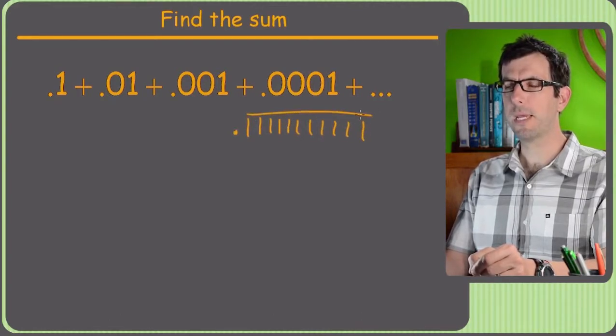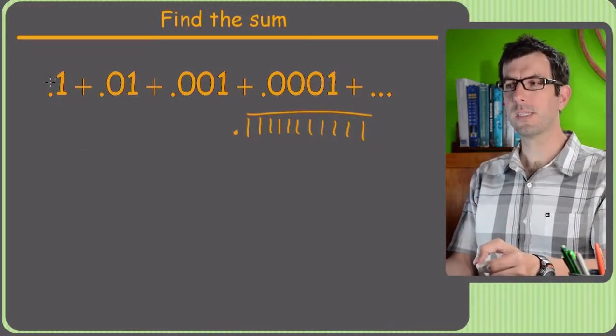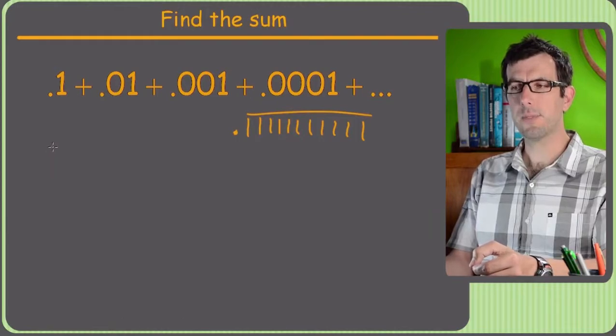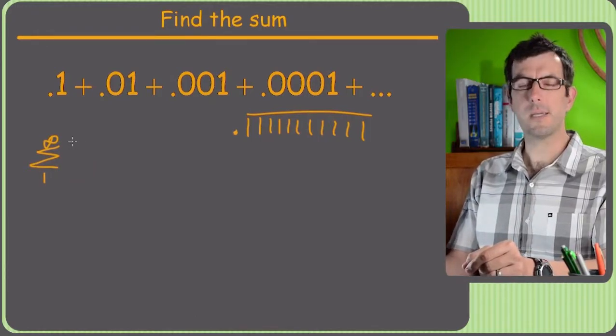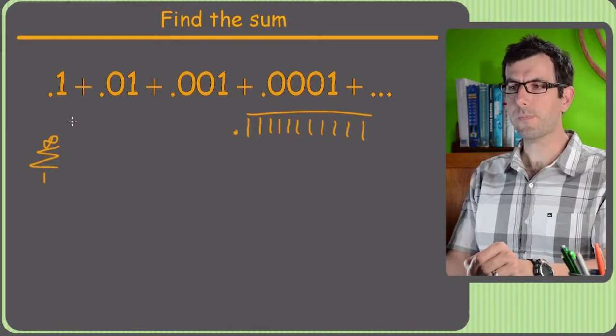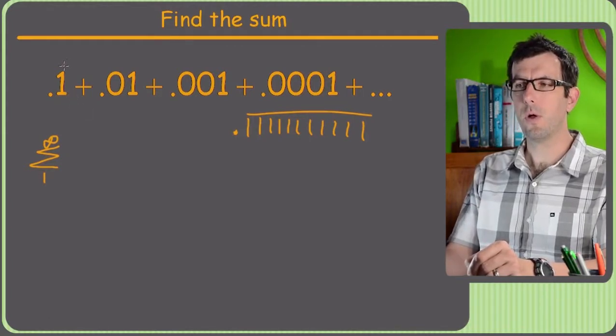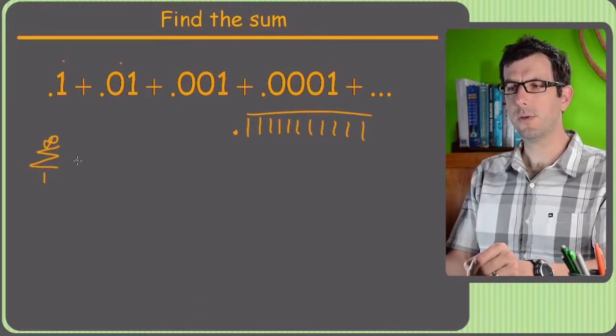0.11111111111, just one repeating. But if we want to find the sum of a geometric series when it's given in this kind of weird form, a lot of times the smart thing to do is to put it in sort of like sigma notation, because a lot of times that'll be a step that the teacher wants you to do anyway. So what we'll do is figure out, hey, what's r here? Well, r is 0.1, right? Because if you take 0.1, multiply by 0.1, you get this. Multiply that by 0.1, you get this. So it's just 0.1 to the n,